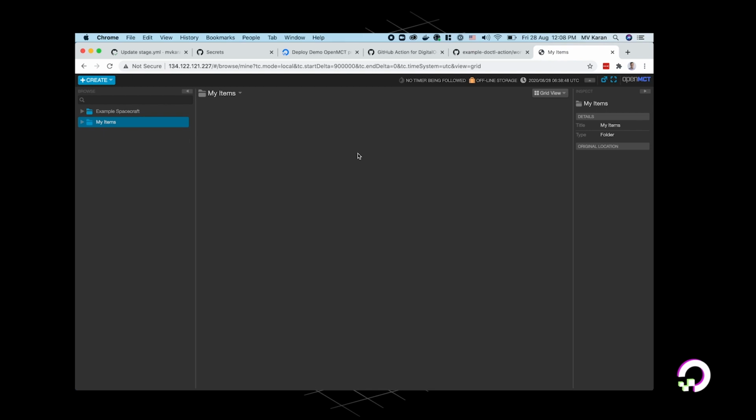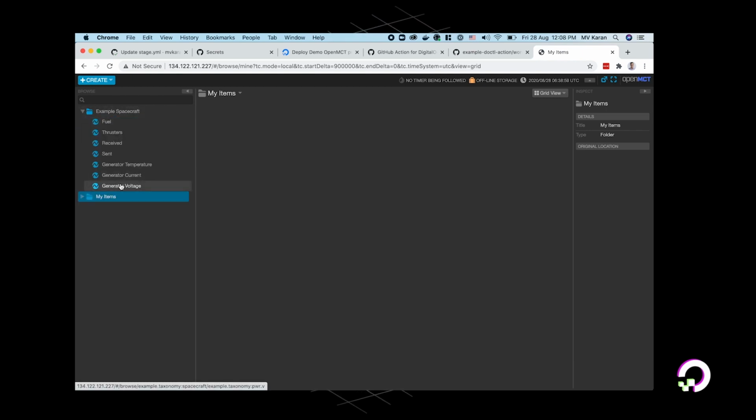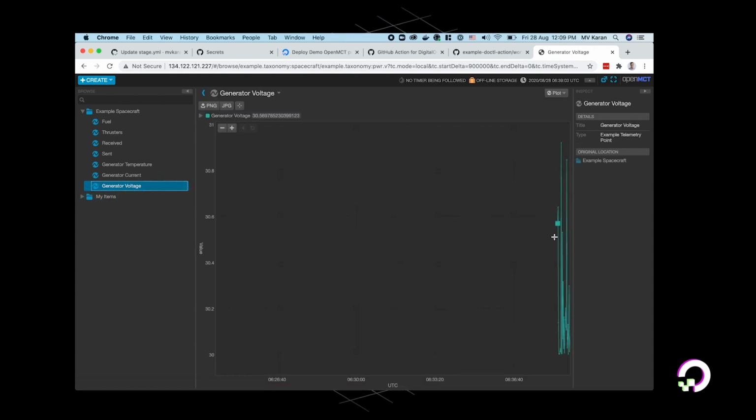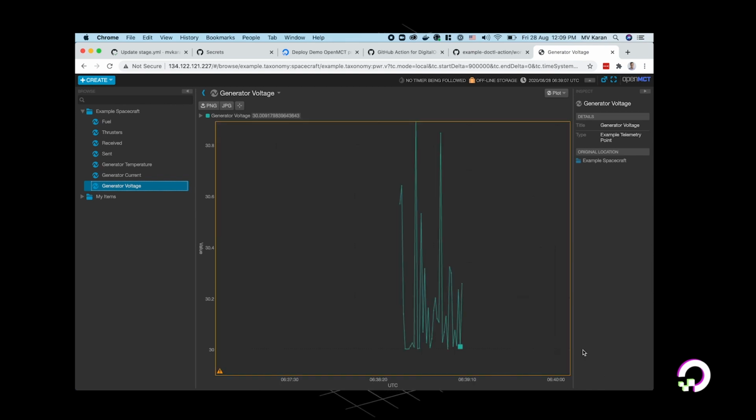This is one of the things that I really love about DigitalOcean, how fast it is to get up and running. So if I go into the example, which is the demo example spacecraft, and go into the generator voltage telemetry, I can see sample telemetry data come into the application, and this is really cool.